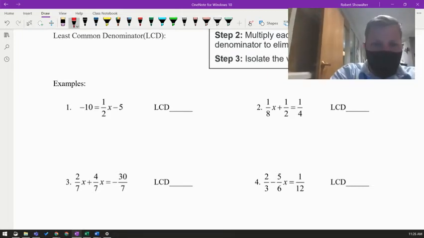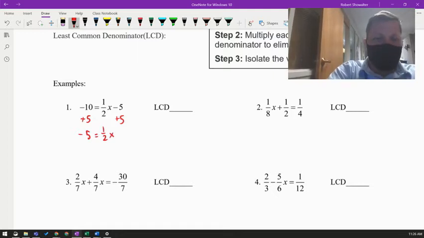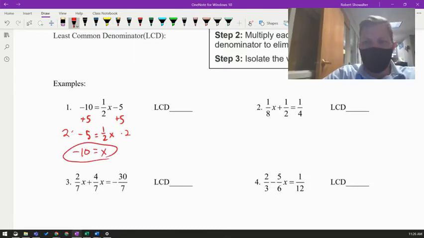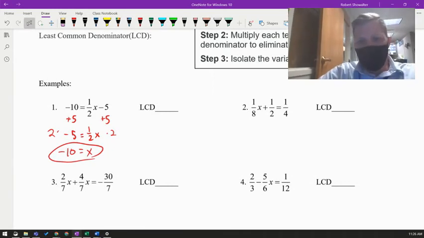When we're solving this, we would add 5. So we get -5 equals 1/2 x. And then since it's 1/2 times x, we would multiply both sides by 2. So we get -10 equals x. There we go. Number 2, now we're going to have to deal with these fractions, so that's going to be a little bit tricky,